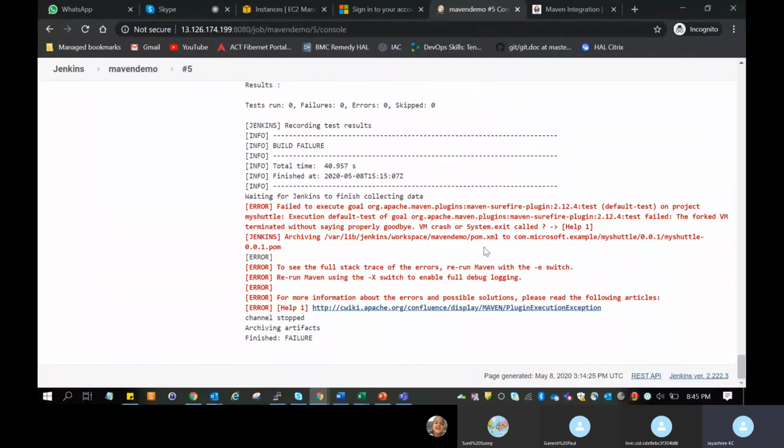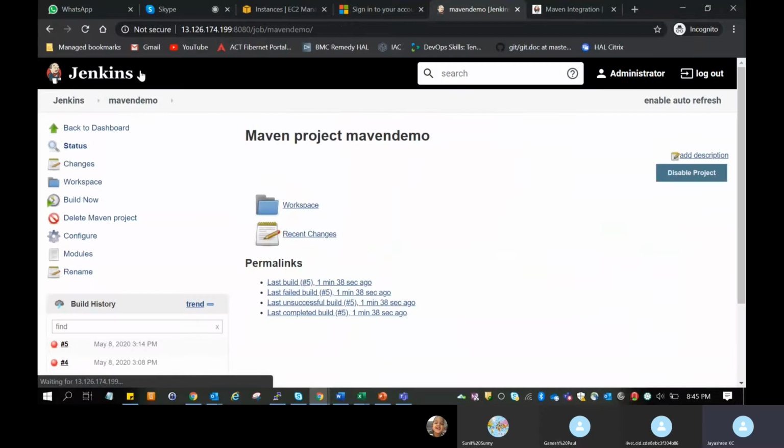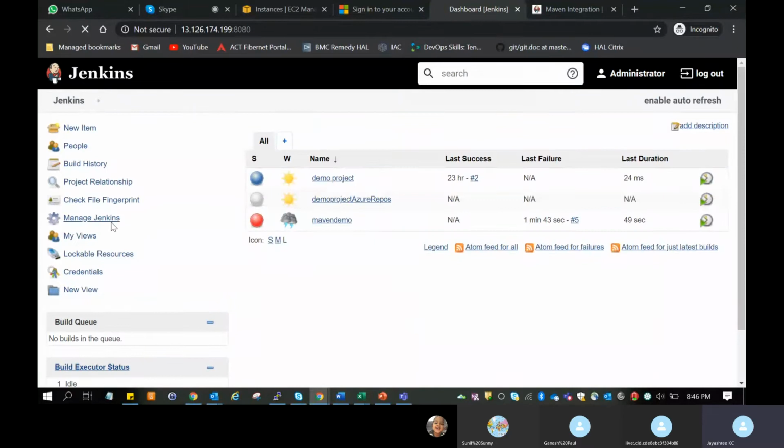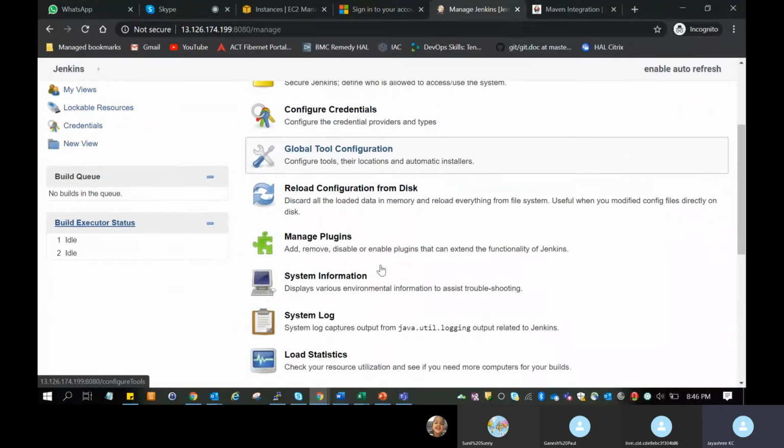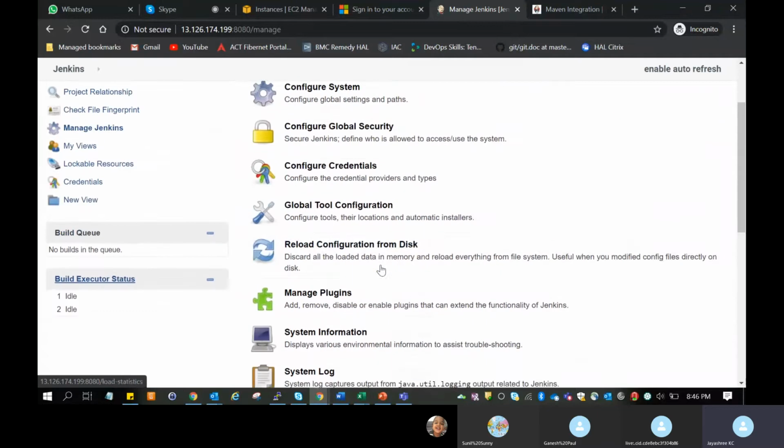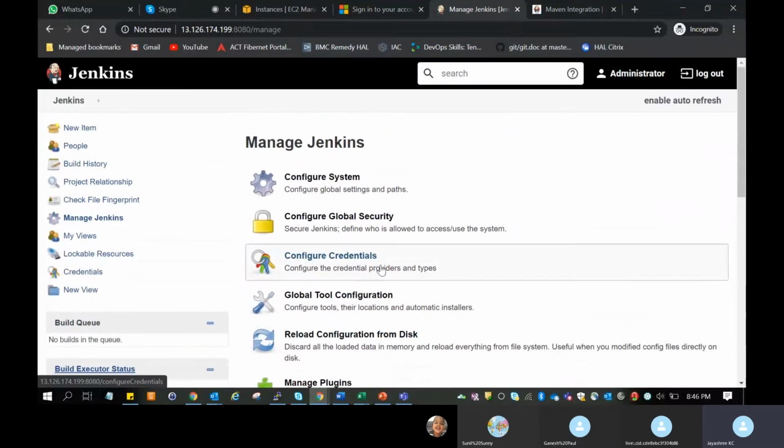To configure the project, configure. Not in Manage Jenkins. Go to your project.